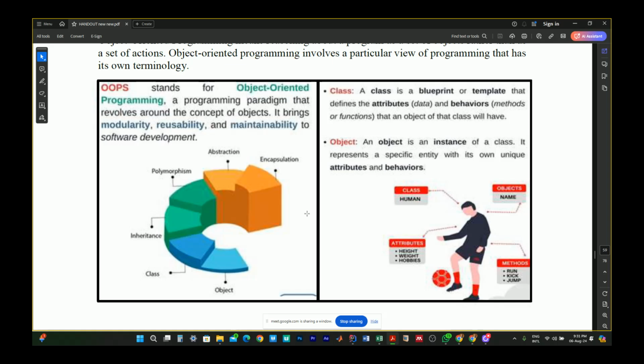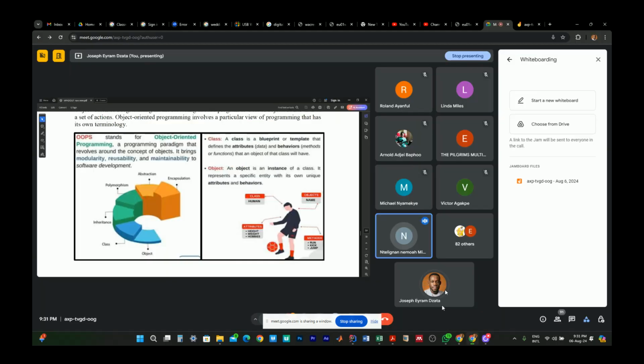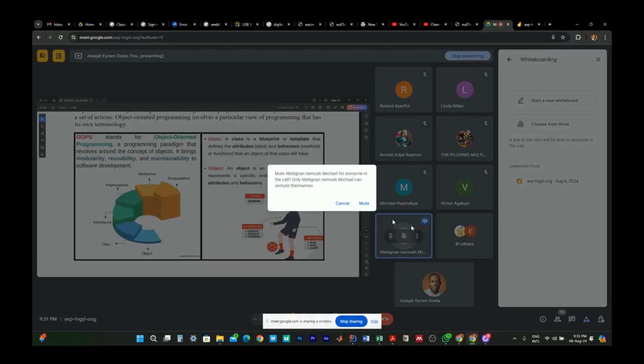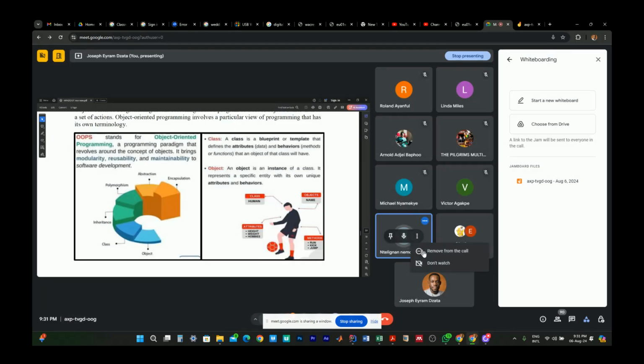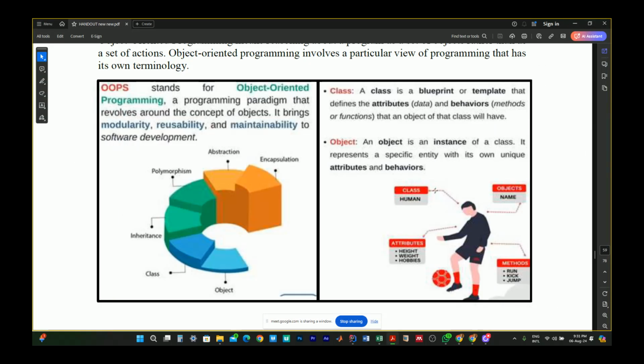Okay, so if we say something is a blueprint, or it's a template, it means it's been designed for you to follow. Just like we have buildings, before someone comes up with a building, they come up with a plan, a blueprint